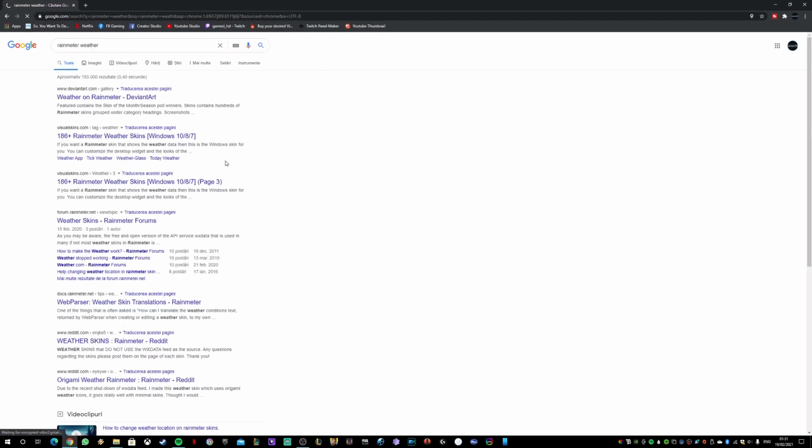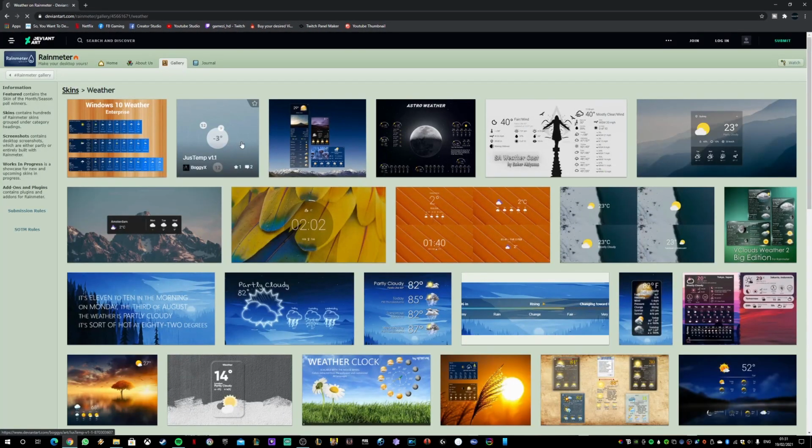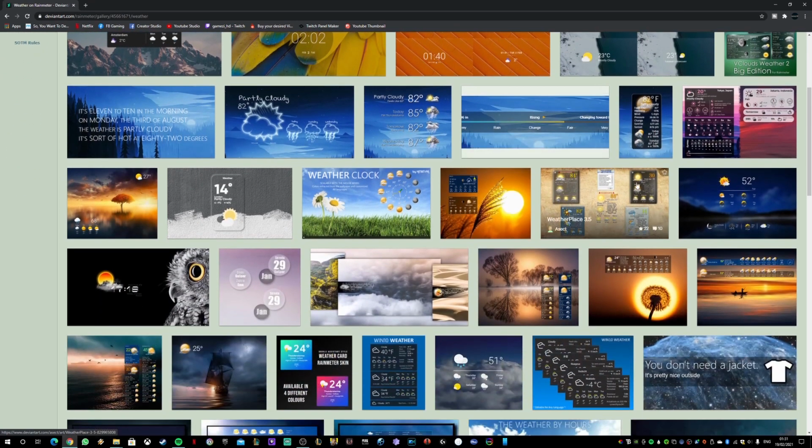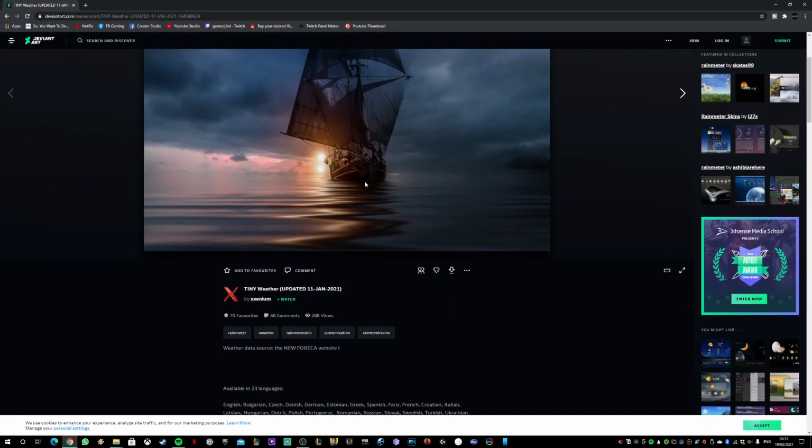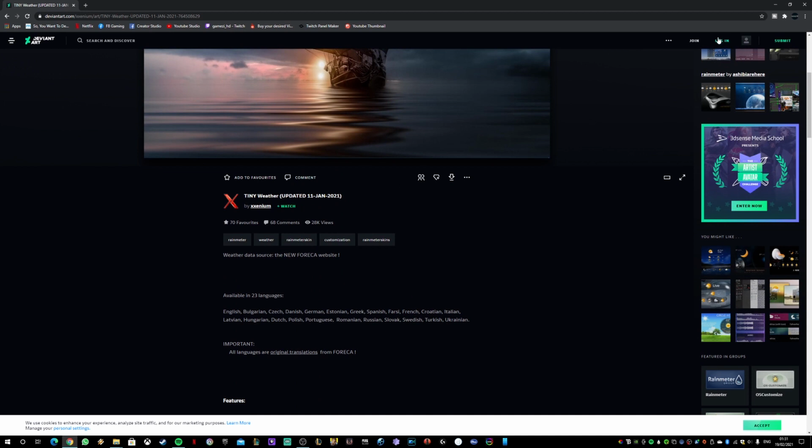So you just go here, and again you just Google it and you'll get all kinds of weather widgets. You can add every single thing that your heart desires, and you can customize it the way you like. Me personally, I'm not a big fan of customizing my computer too much, but just for the sake of it,